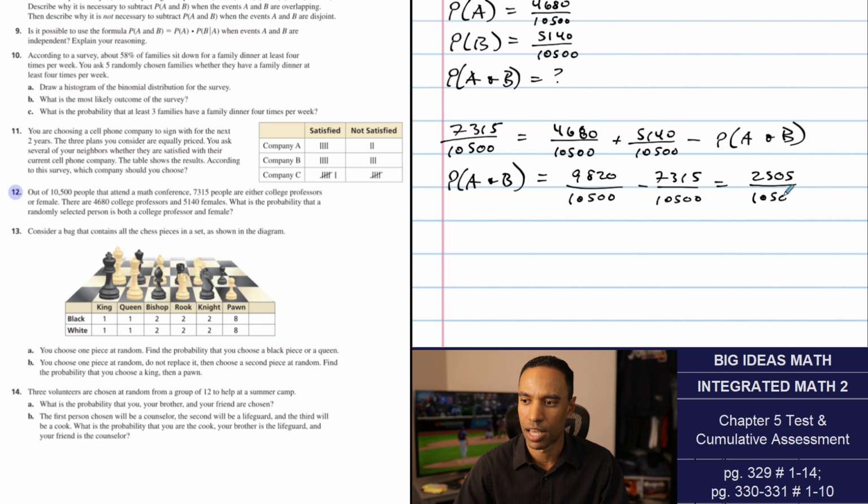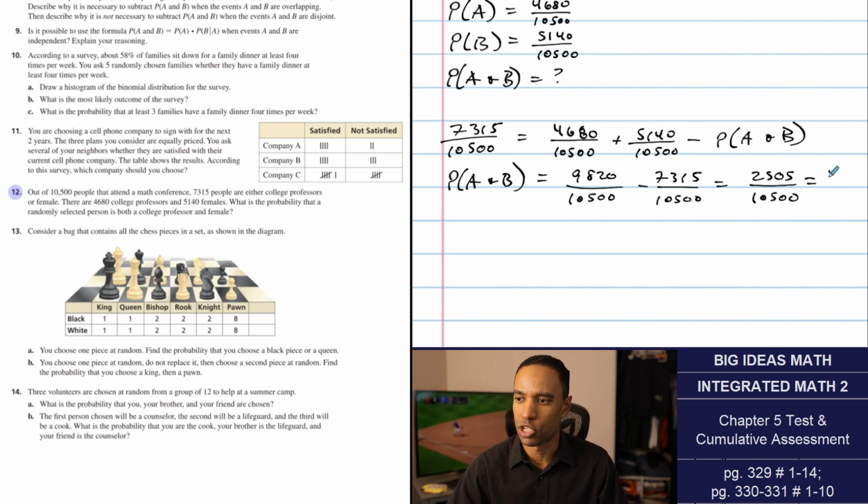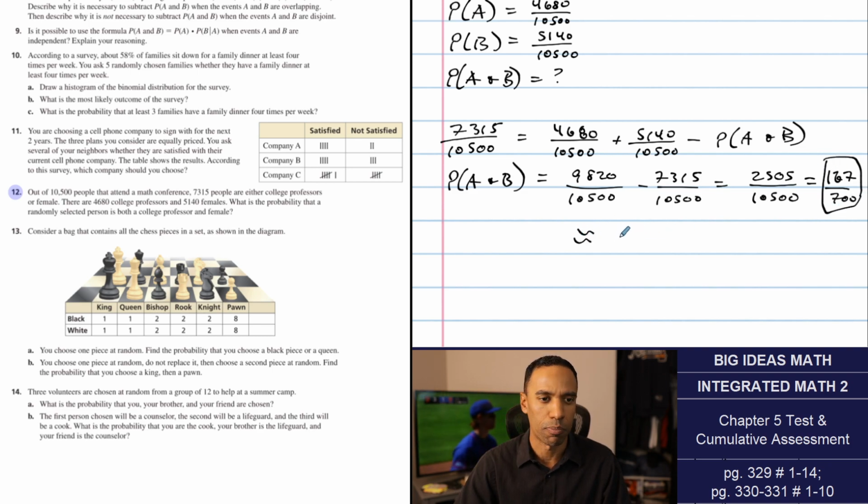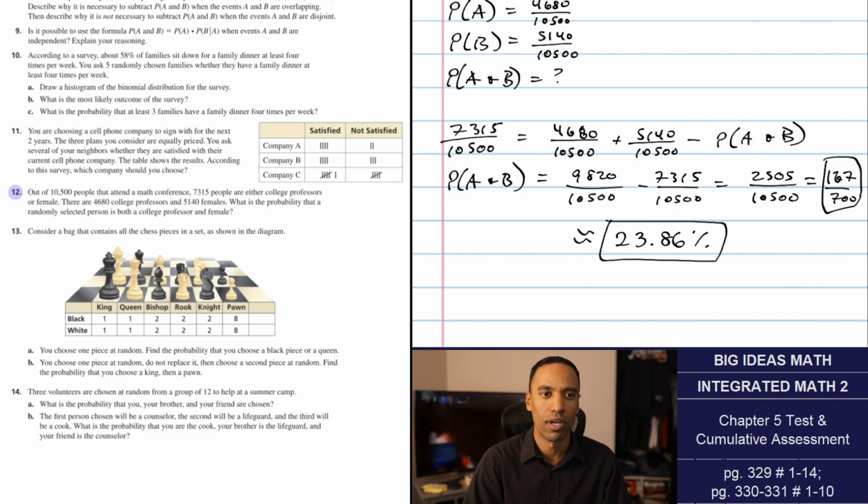2505 over 10,500. Now, when I divide this by 10,500, I get a pretty wonky decimal. Let's see if there's a fraction equivalent to this that's reduced a little bit. So the fraction reduction version is 167 over 700. Now, there's a decimal equivalent as well. If I write it as a percentage, it's about 23.86%. And I don't know how deep we can get into that, but about that large of a percent is